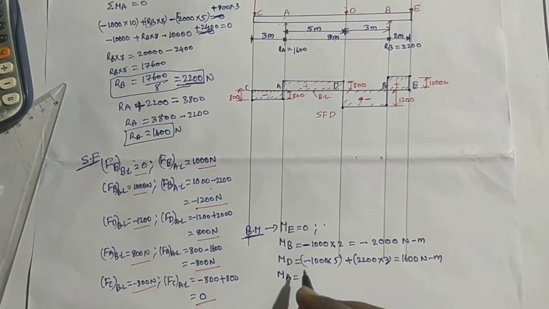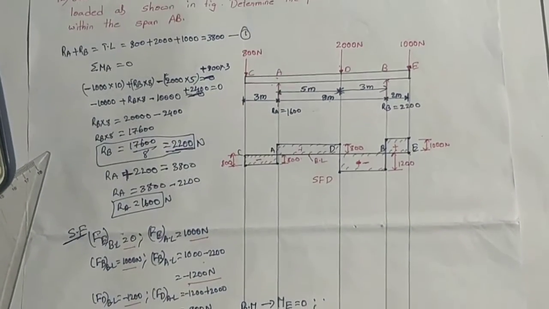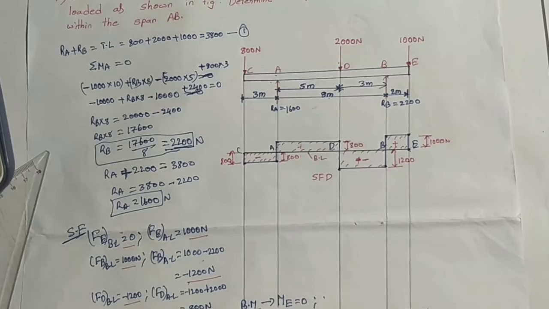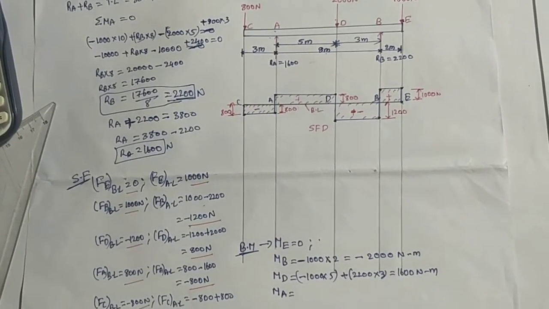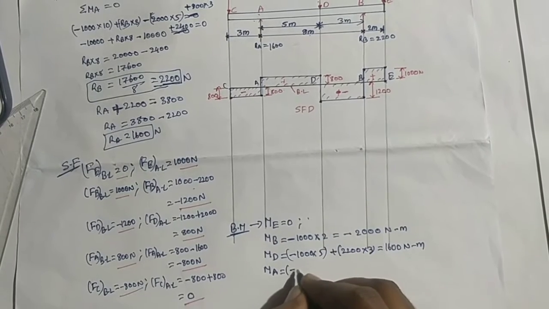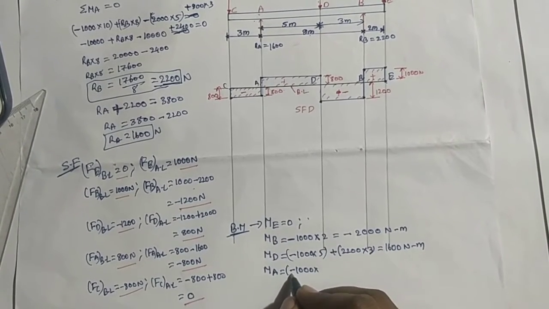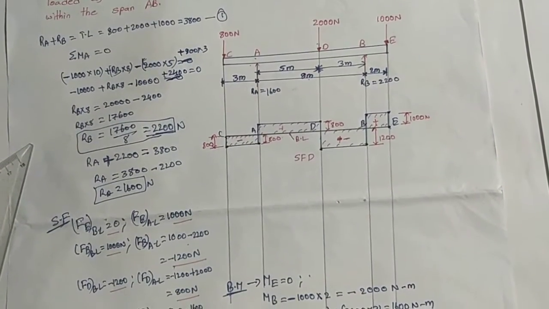Okay. Next, bending moment at point A. At point A, right side of A has 3 loads, that is 2 applied loads and 1 reaction force. We need to calculate one by one. The first load is 1000 newtons, anti-clockwise, so it is taken as minus. From point E to point A the distance is 10 meters.